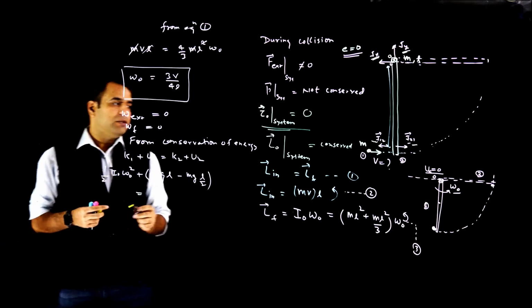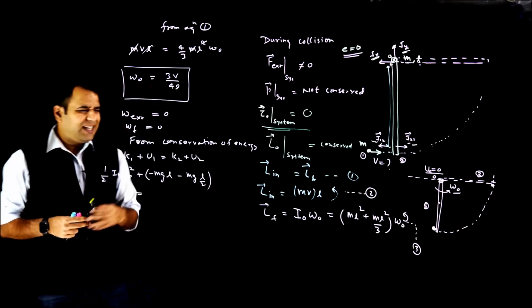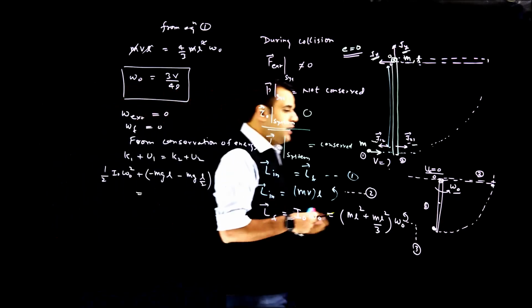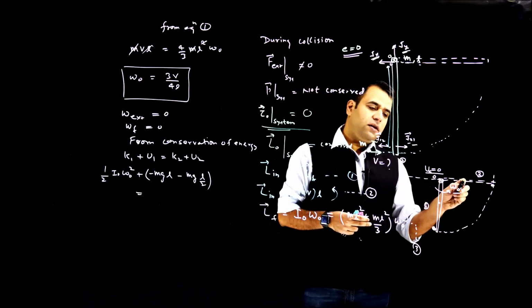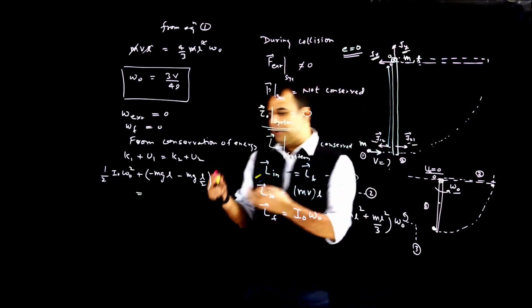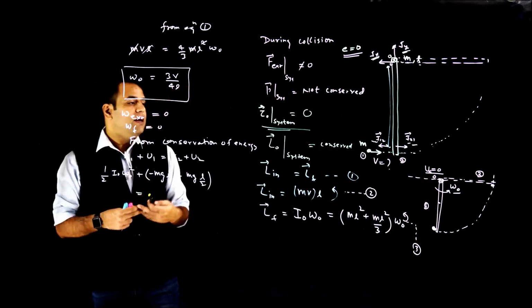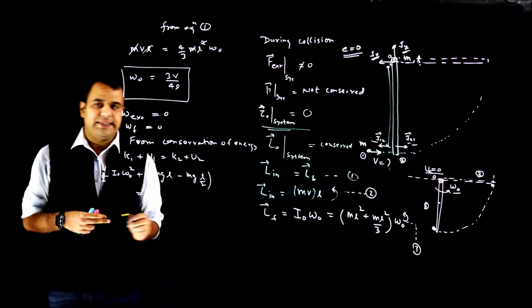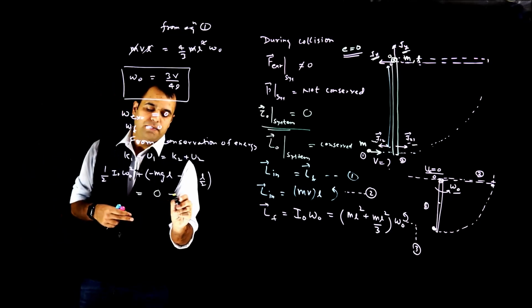Now that is equal to the final kinetic energy. Let's first write the final potential energy. If you see, finally the center of mass of the rod comes to this level, as well as the point mass also comes to this level. So both the points come to the same level, and the level is 0 level. So the gravitational potential energy for the whole system finally will become 0 plus